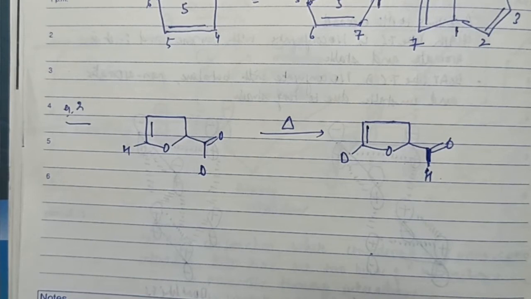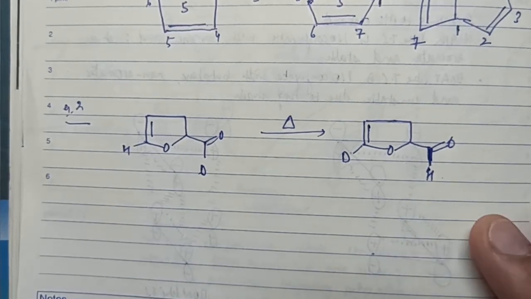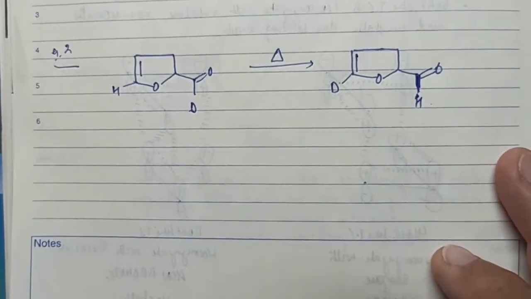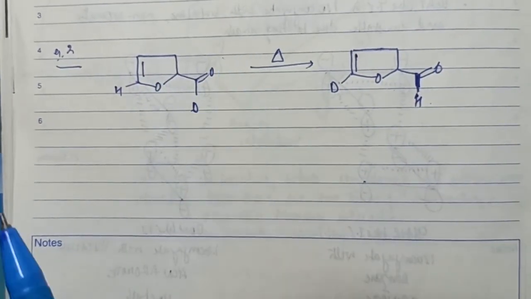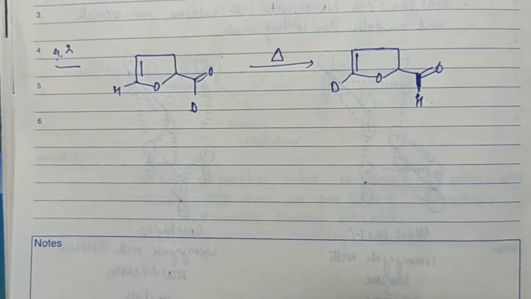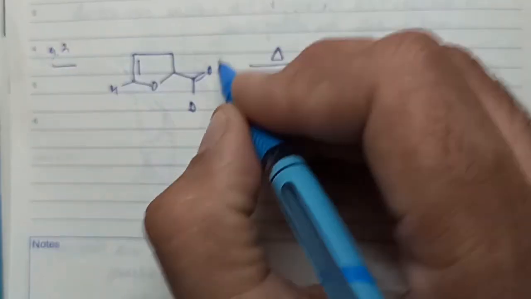In order to work out the nature of the reaction, one thing I'm witnessing is that this particular reaction is one in which I have 2 double bonds, right? If I have 2 double bonds, I have to work out whether these 2 double bonds are a part of a 1,5-hexadiene moiety or not. And if it is, then probably my thermal conditions would force this reaction to follow a Cope rearrangement. Let's try to work out.